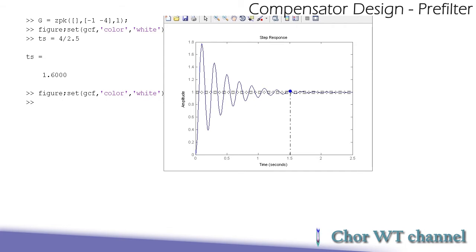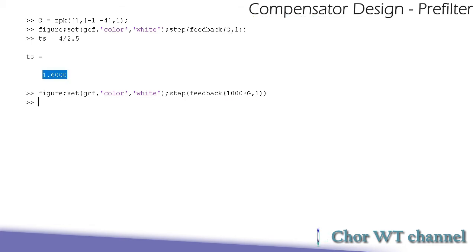I check here, my settling time is roughly about 1.6. Although I can see that now my final value is actually approaching 1, which is a result of a much incremented gain, my settling time cannot be improved further. It will start at approximately 1.51, or you can say approximately 1.6, that we calculated based on 4 divided by 2.5. So we come back to the root locus of the original uncompensated system,